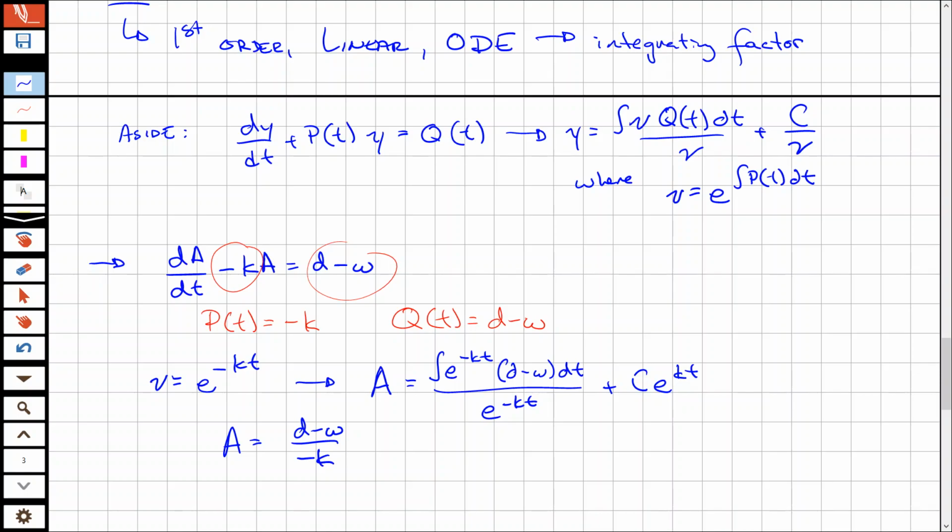Okay, so that's from integrating the top term, e to the negative kt over e to the negative kt plus c e to the kt. Okay, these two are going to cancel,